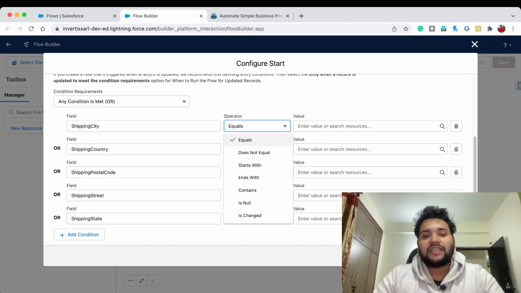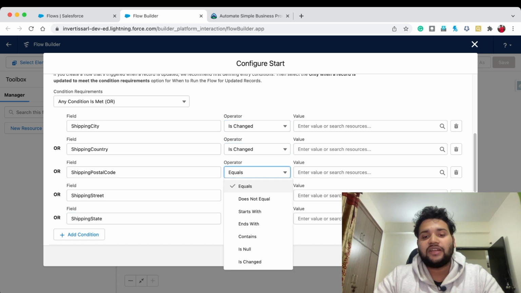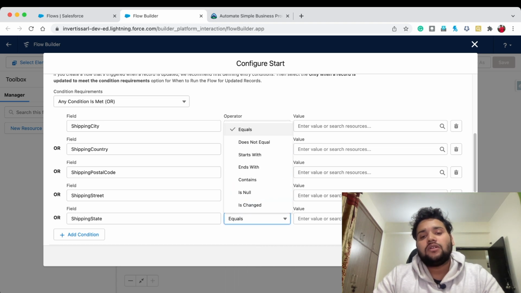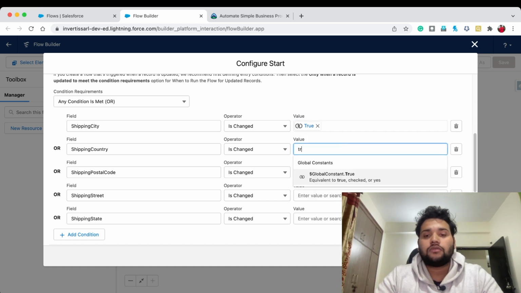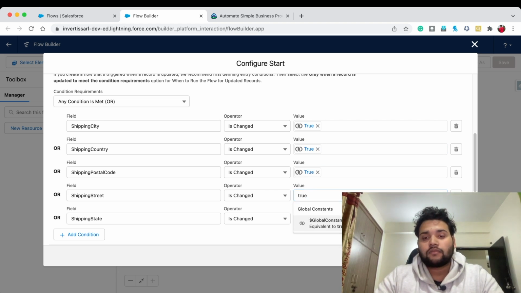Now in the operator we need to select Is Changed, because we are checking whether the field is changed or not. If the field is changed, then we need to update. Here we need to type true, select global constant true. Similarly for the other three conditions, and the last one true.